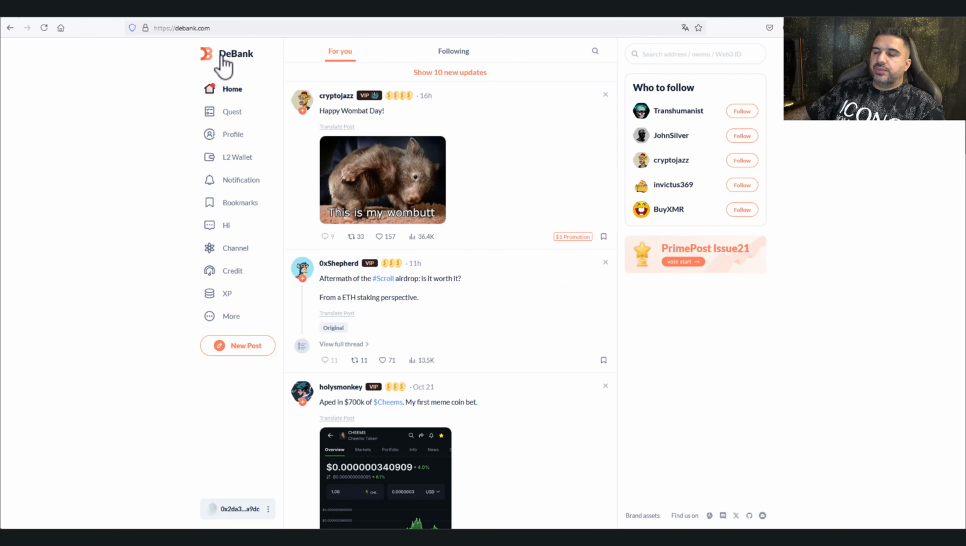Then we have DefiBank. DefiBank is a portfolio management tool that you can use, but you can also use it as a little bit of a social media website, because you can follow different users here on DefiBank, and you can also make new posts yourself. It also gives you a portfolio management tool for your own portfolio, and they have a lot of migrations and integrations into different DApps,